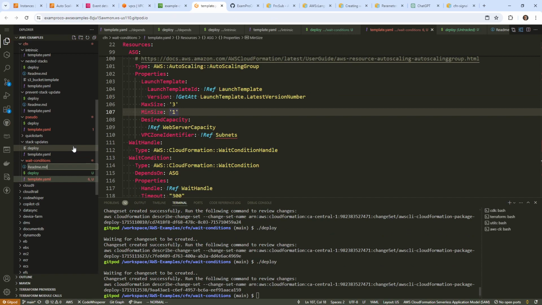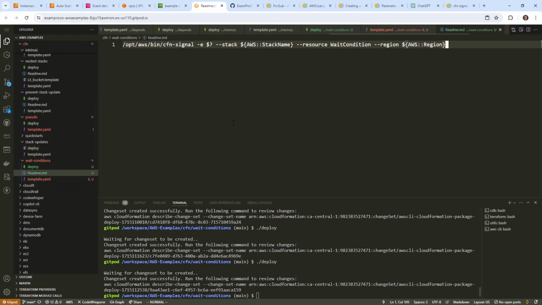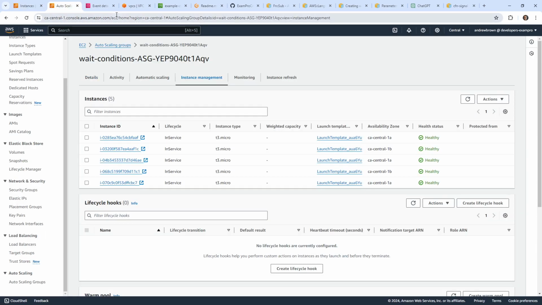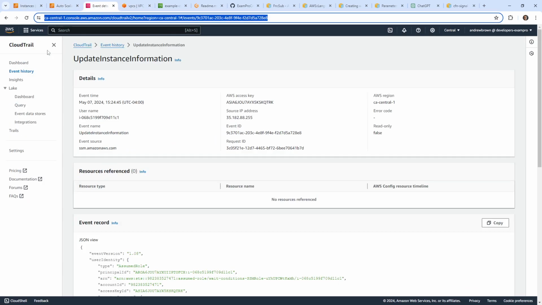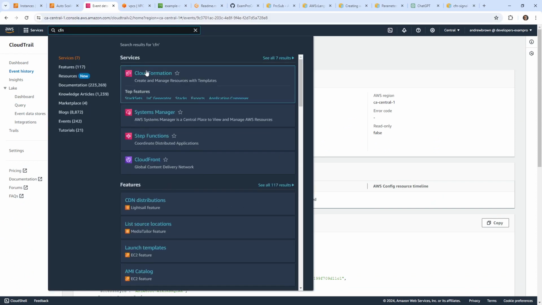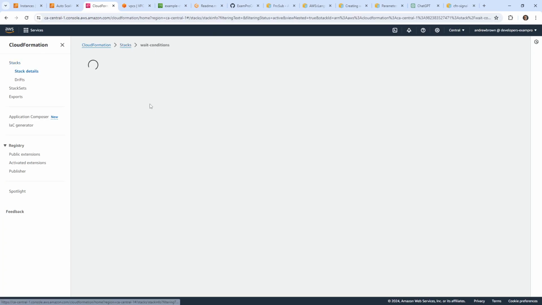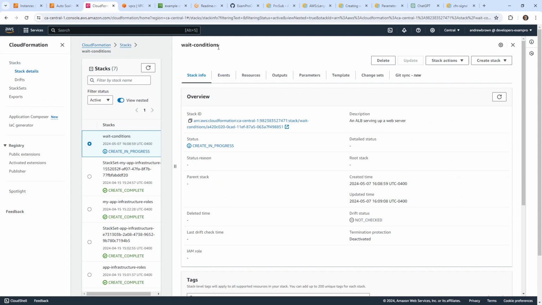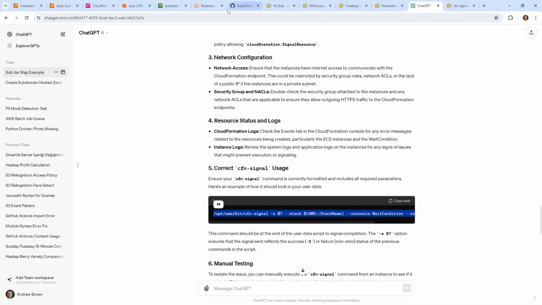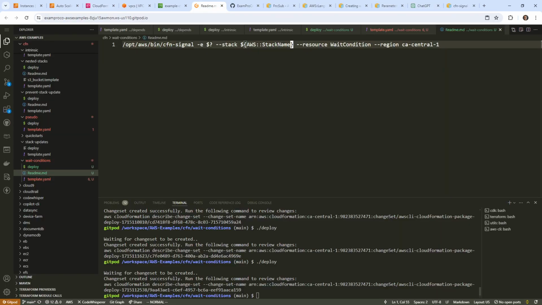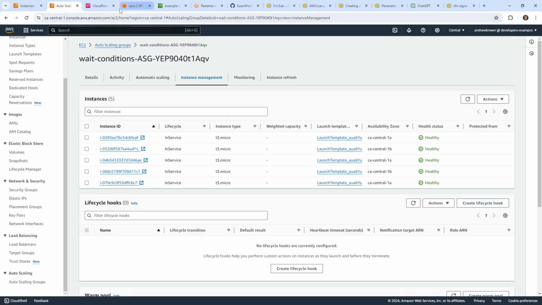So I'm going to go ahead and type in readme.md. I'm going to paste this in here. I know that the region is CA Central 1. The stack name is going to be whatever the stack name is going to be called. So this is create in progress. So this is the name of the stack. It's just called wait conditions. So we'll place that here. And I'm not sure what it's expecting for the exit code, but we'll leave that alone. And so what I want to do,